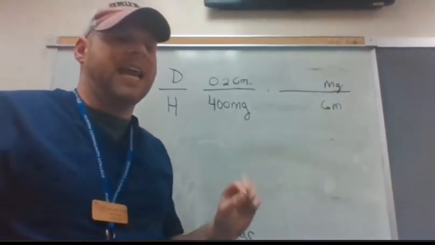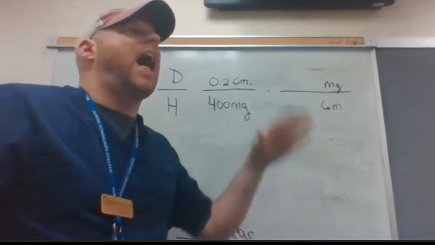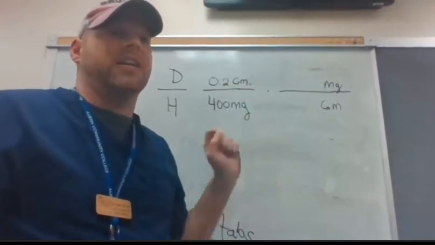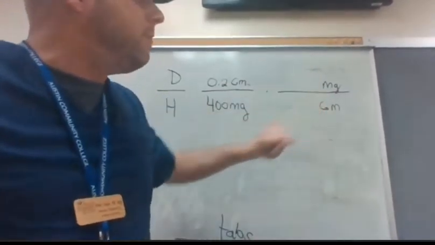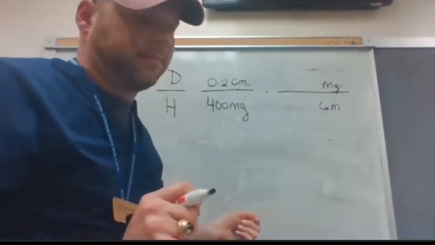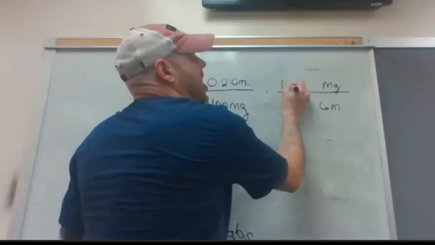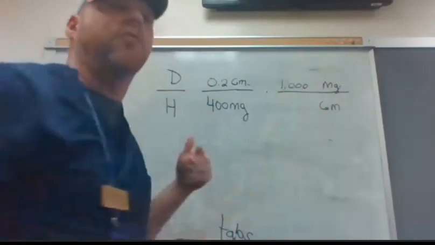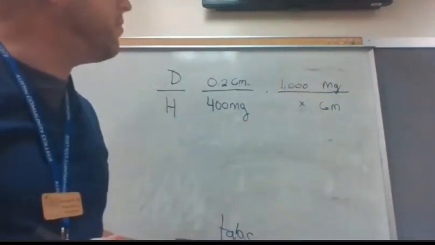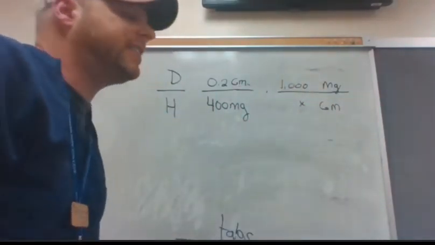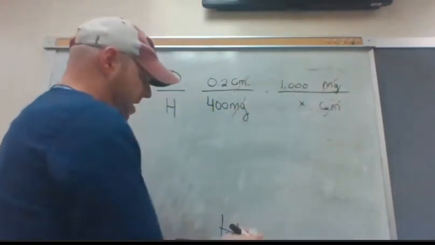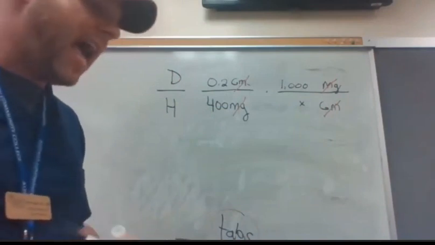Remember I told you at the beginning, how to remember this is 1,000 always goes with the smallest unit of measure. So from milligram to gram, which one's smaller, a milligram or gram? Milligram. Yeah, so the 1,000 always goes with whatever one is smallest. And that way, you'll never forget it, okay? So now let's look. Milligrams cancel out, grams cancel out, and what I'm left with is tabs, and that's what